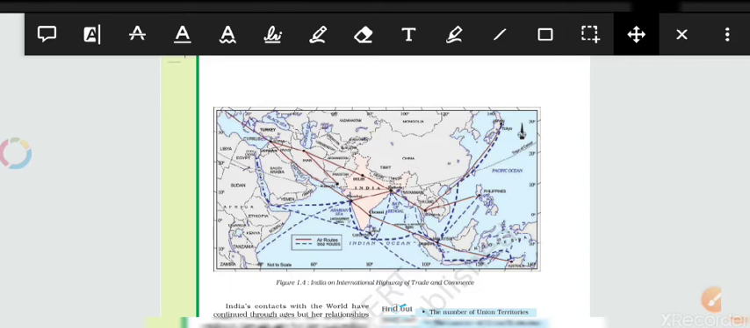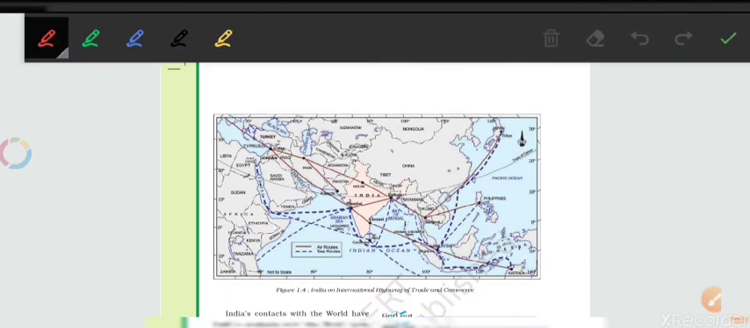So all these, with the help of the blue lines and the red lines, the red line denotes the air routes, while the blue dotted lines denote the seaways. With those, we are connecting to other parts of the world. As you can see, with this route we are connecting with the other part of Europe as well as the African continent, and from this route we are connecting to Australia as well as Singapore, Malaysia, and all the other parts of the